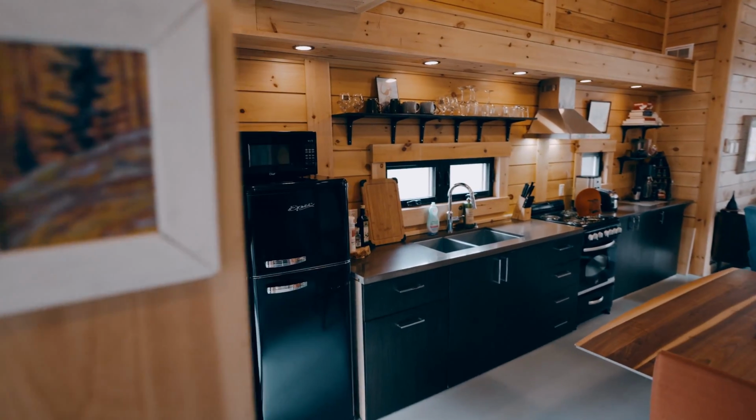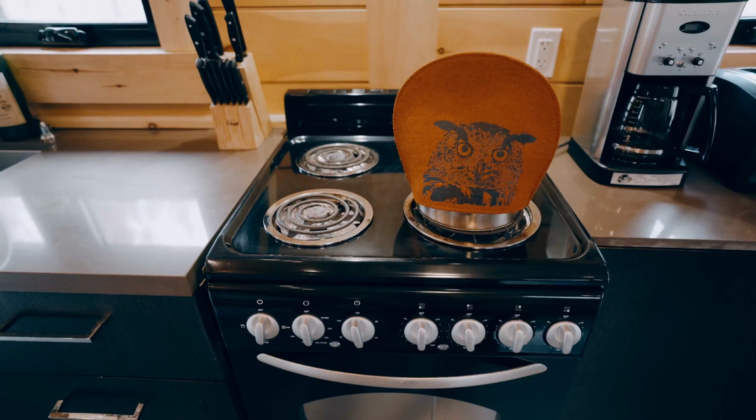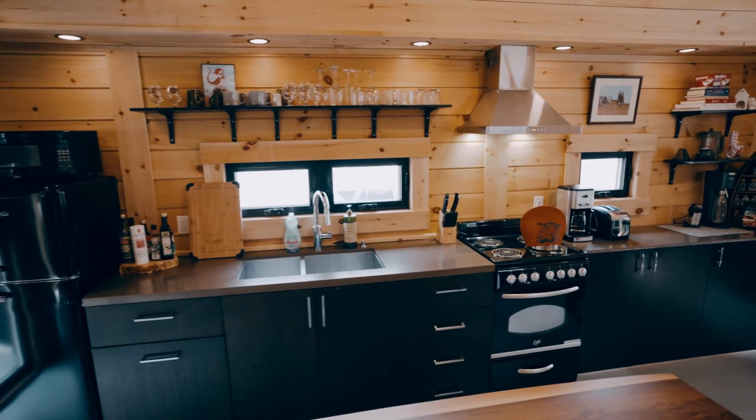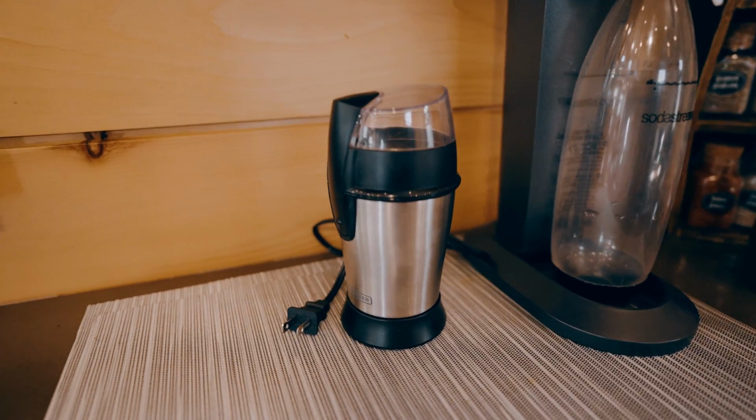Looking at the kitchen, we notice that there are definitely no compromises here. With a full-size refrigerator, oven, sink, and microwave, this kitchen has all the tools to make you feel like you're cooking right at home. The owners have even included a coffee machine, a coffee grinder, a soda stream machine, and